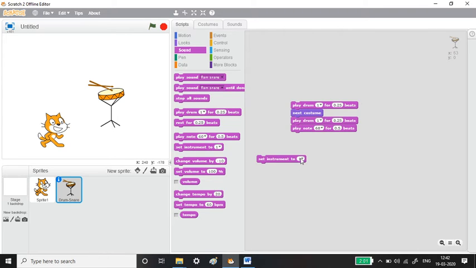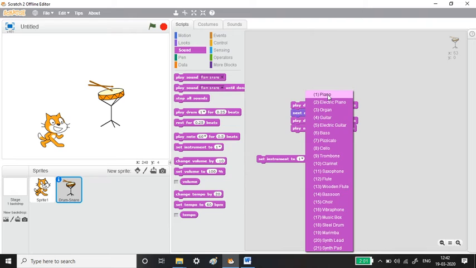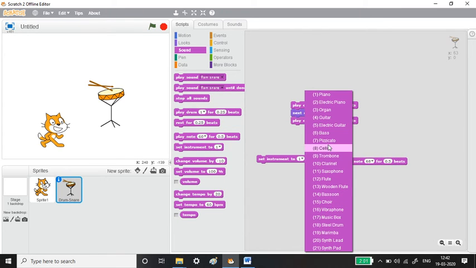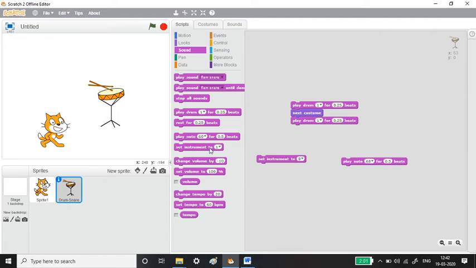Right now the instrument is piano and play note is here. If I change to cello, right now I am changing it to cello, and if I see the music note, according to the instrument you are setting, your play note gets changed. If you are an expert in music, you can try and play with this play drum.